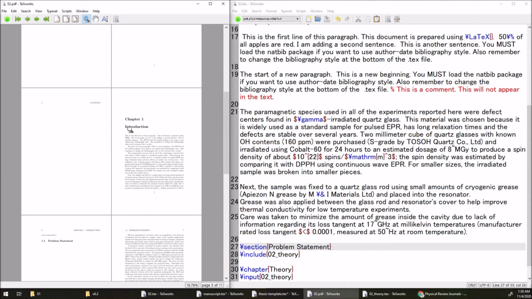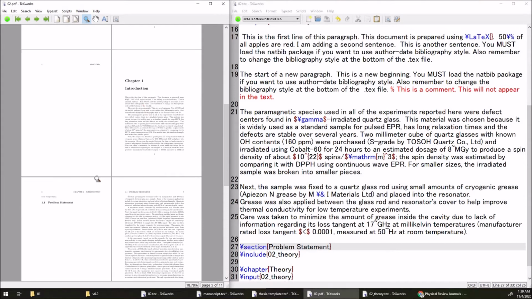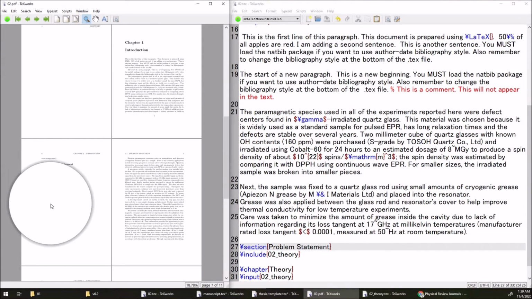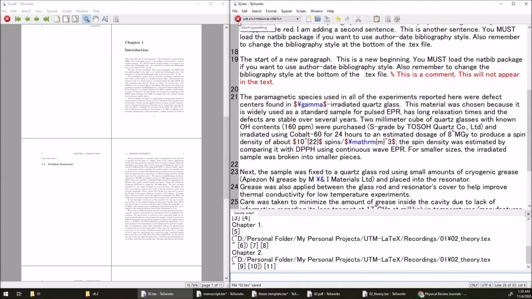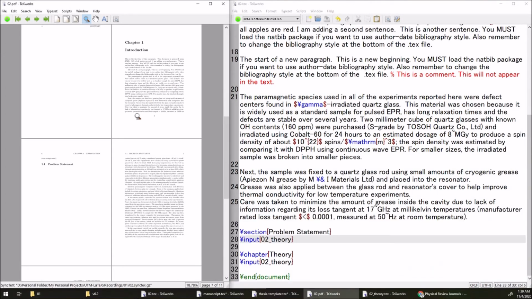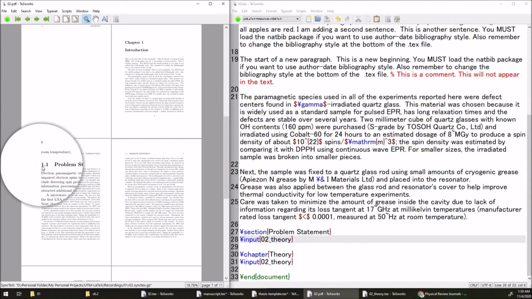Okay, and now we have introduction here. Our problem statement, it's blank because we are putting include starts on the new page. So if you don't want that big space here, it's supposed to go here, you can actually just change that to input. Okay, so now it's joined up to here,